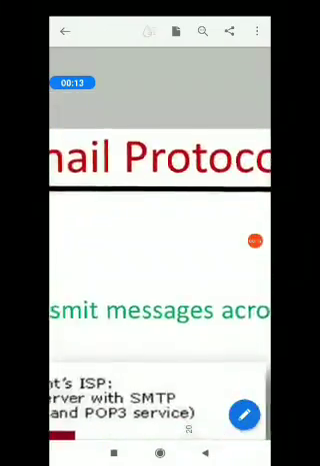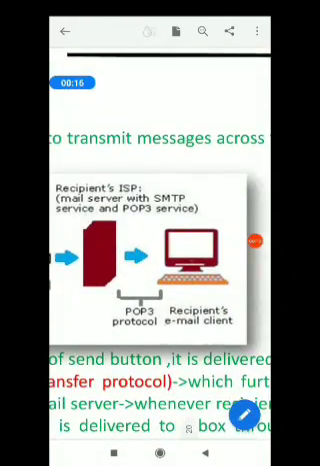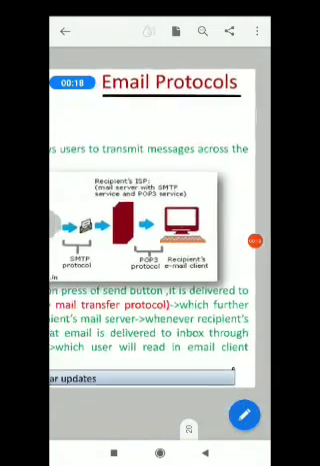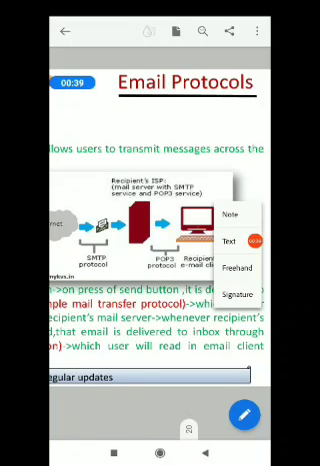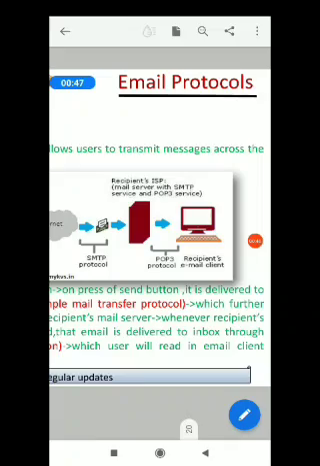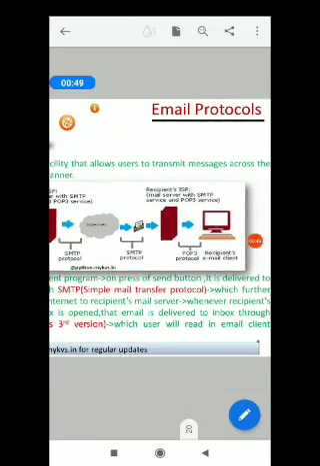Please give the heading Email Protocols. Email protocols, or electronic mail protocols. One of the most popular network services is electronic mail. Electronic mail is used for sending a single message that includes text, voice, video, or graphics to one or more recipients. And the protocol used for this purpose is